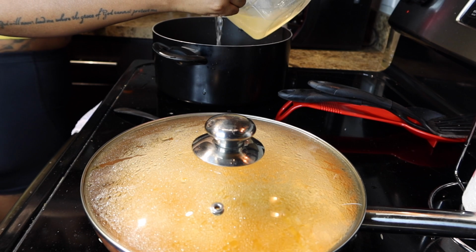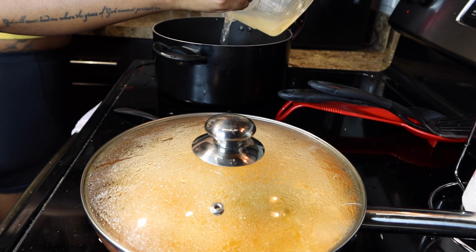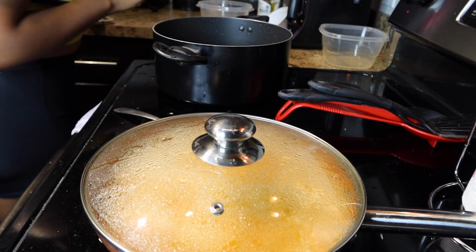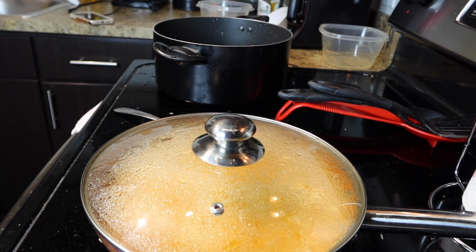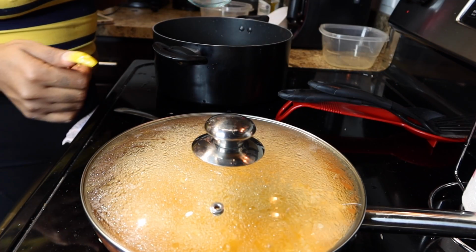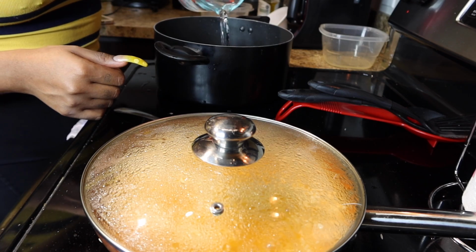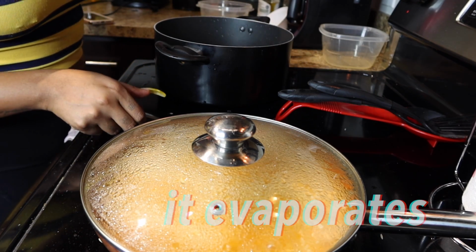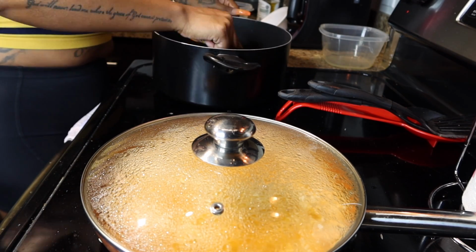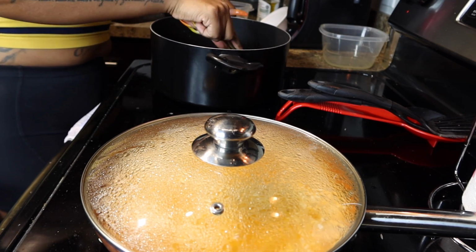I have some chicken broth. I'm gonna put some of that in there, followed by some water. So let me go grab some of that. That's a little bit more than a cup of water, because remember, whenever you cook it, it loses the liquid, or